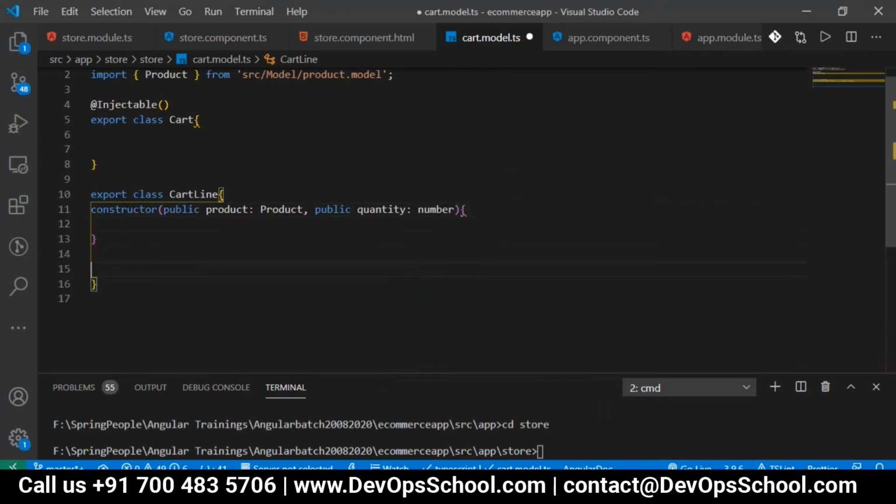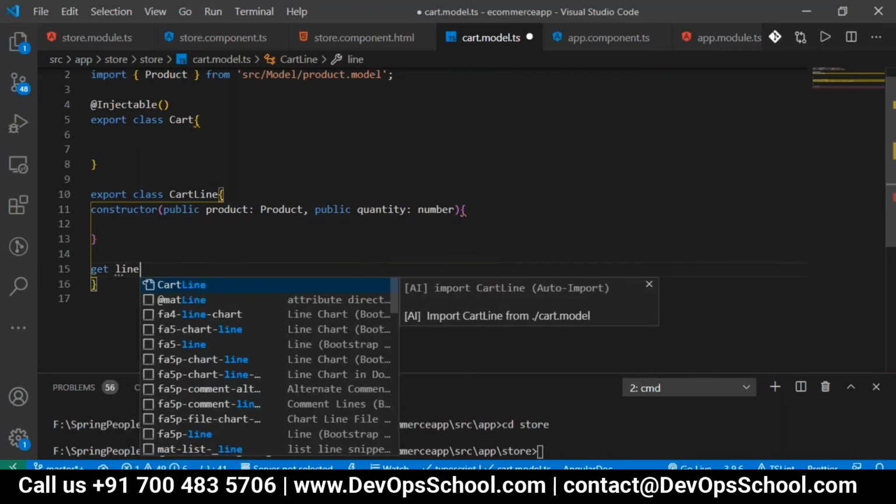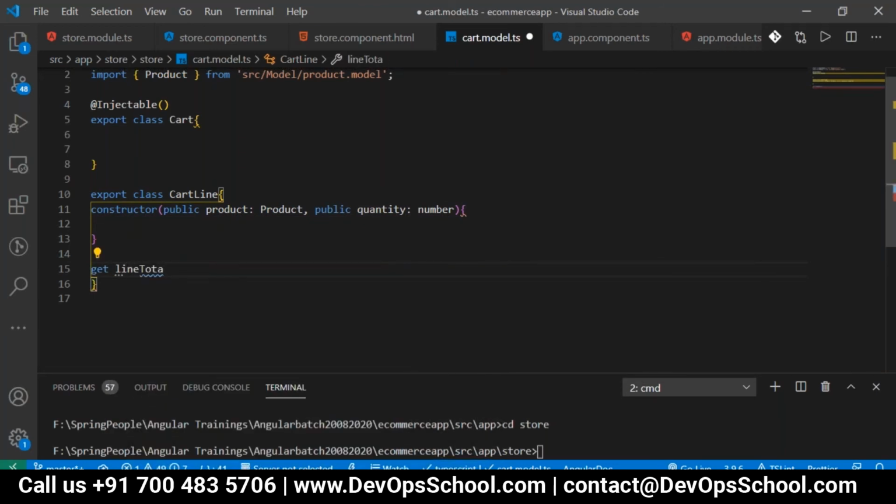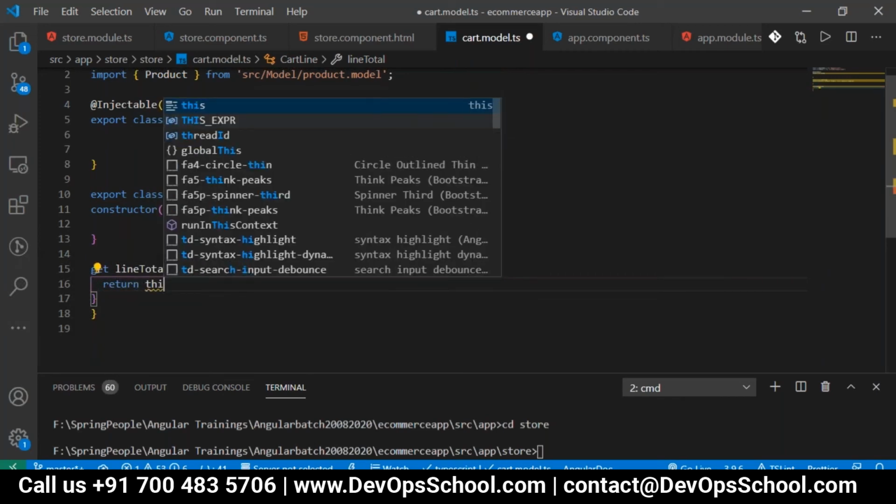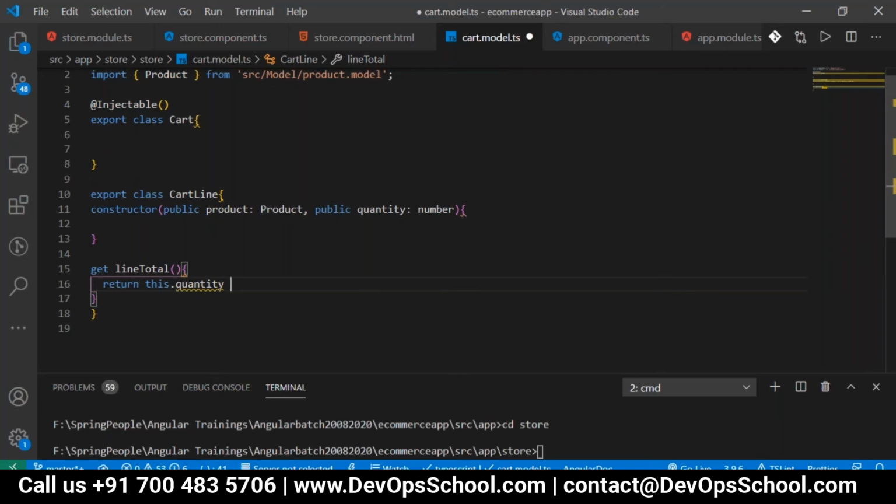I want to get the total price. So get lineTotal, for each item, what the total is based on the quantity. For that I've taken a lineTotal method. We are using return this.quantity multiplied with this.product.price. So if you selected the same product multiple times, the quantity will increase, so you want to multiply the quantity with the price. So that's what we have created.